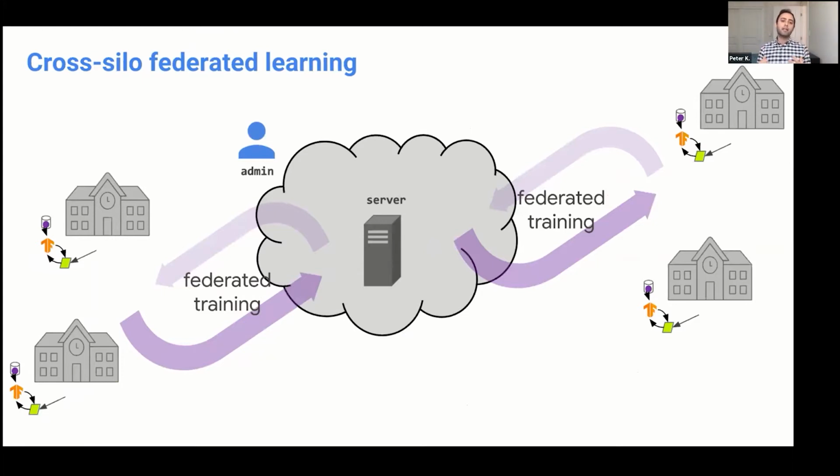But there's an equally interesting setting of federated learning. It's called the cross-silo federated learning setting. And here, we don't have phones or sensors. We have institutions. These institutions can be banks. They can be hospitals. They can be schools. And as you see, we have far fewer institutions or clients here. We're talking maybe tens, hundreds, thousands at most. But each one of them has a lot more data. So compared to a smartphone, a bank will have far more data about far more clients. And so it's a very different dynamic in many ways.